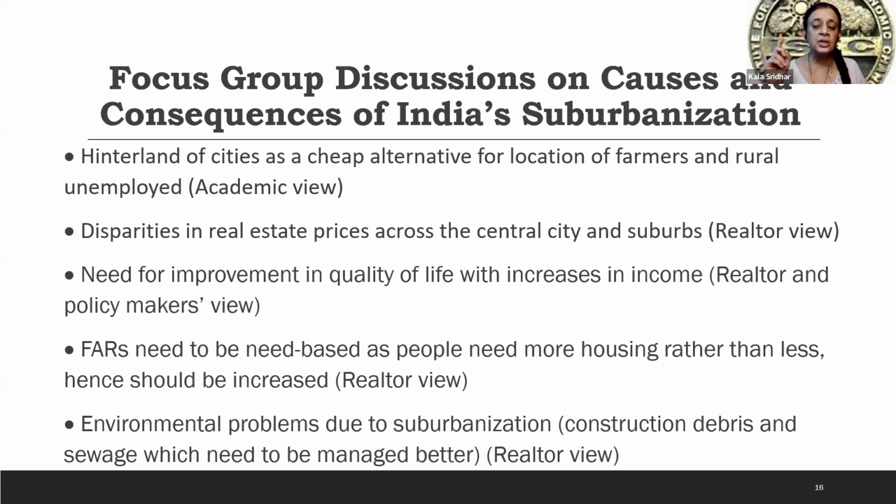And the realtor slash developer view was consistent with this, in the sense that there are a lot of disparities in real estate prices across the central city and the suburbs, which many authors have documented. And that's the reason why suburbanization occurs. And much as the central city flight from blight indicates, there is a need for improvement in the quality of life with increased income. That's also what the natural evolution theory indicates. And the realtor view was that as people need more housing, the floor area ratio regulations should be gradually relaxed in cities. However,